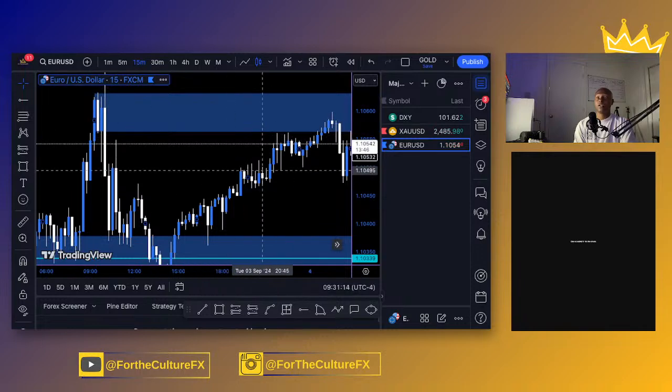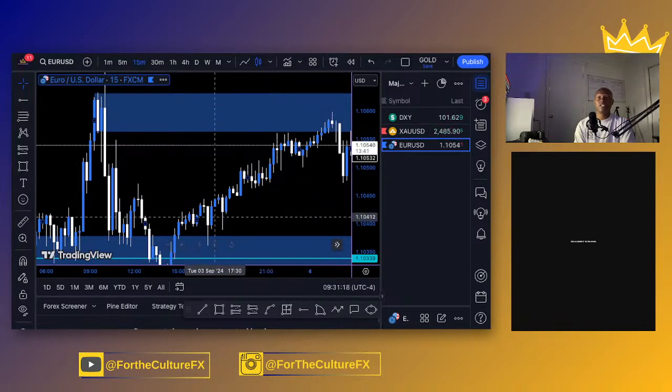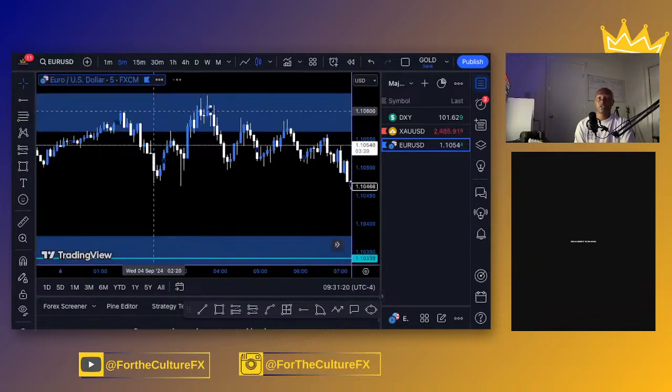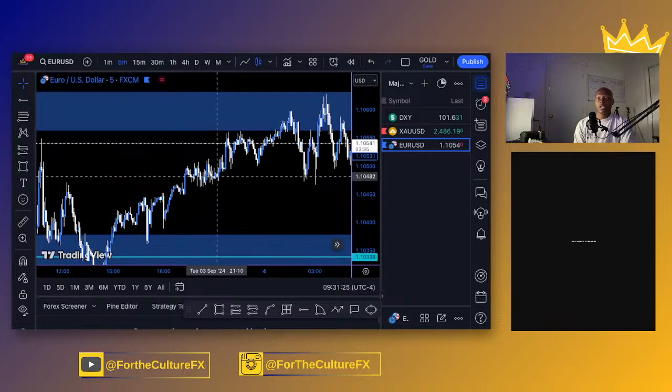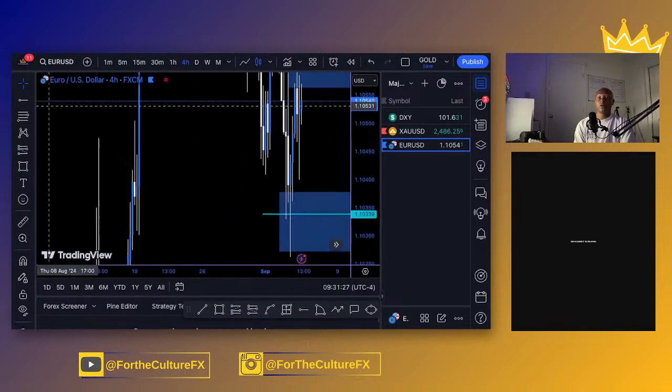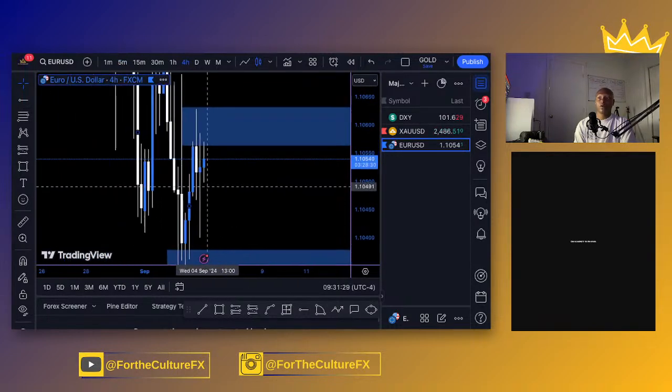This is the area I wanted to go. Very, very slow volume. But what do we see happen on this smaller time frame? Price is creating higher highs and higher lows. You got to dial down to the 5-minute to kind of see it. So this was at the start of the Asian session. The previous 4-hour, we always start with our top-down analysis. The previous 4-hour at that time